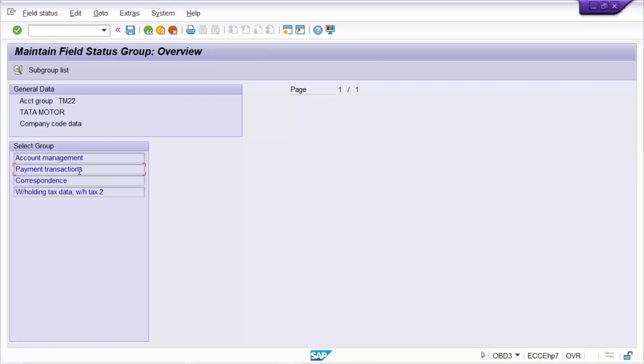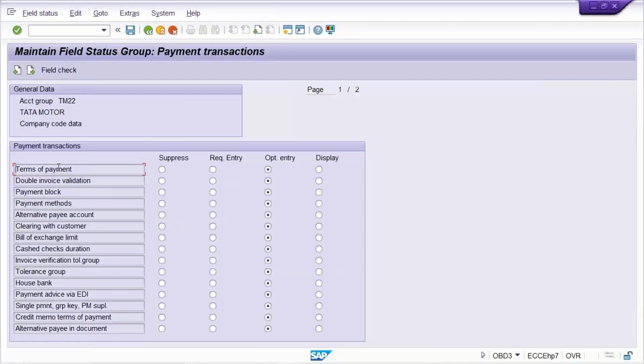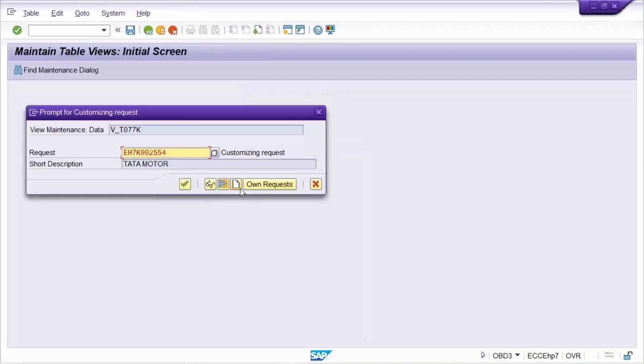Under payment transactions, here you will be having payment terms, and you guys are going to be familiar with the screens also and fields also. Don't worry, it depends upon how much practice you guys are going to do. Okay, so double click on payment transactions and terms of payment. You can make it as a required entry, and if you make it as a required entry and save it,